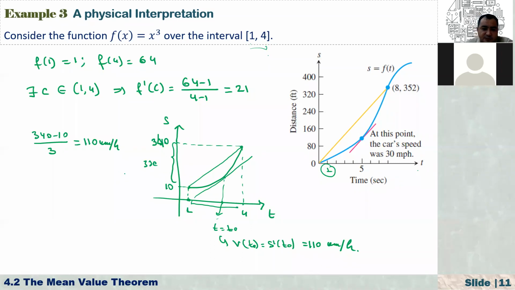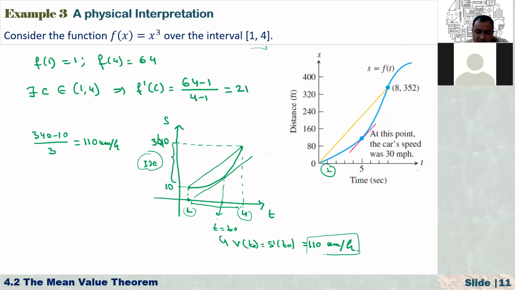Suppose that, for example, at 1 o'clock you left Phnom Penh, and your initial distance is, let's say, 10 kilometers from Wat Phnom. After that, at 4 o'clock, you arrived in Siem Reap, and during these 3 hours you traveled 330 kilometers. When you arrive, the police asks, what time did you leave? At 1 o'clock, and you started counting the distance at 10 kilometers. Did you actually exceed the speed limit?